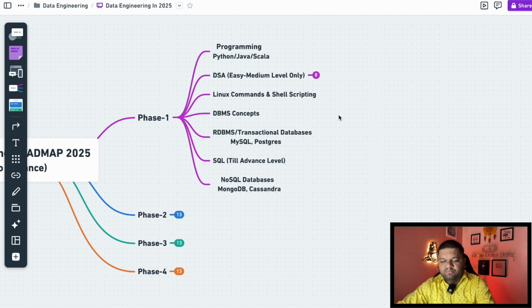Now after the DBMS part, obviously in data engineering use cases, there will be two things. Most of the time you will be interacting with a transactional database like an RDBMS, and apart from that, NoSQL databases as well. So here you can focus on MySQL, Postgres.